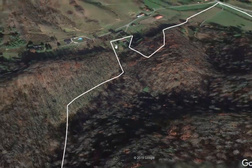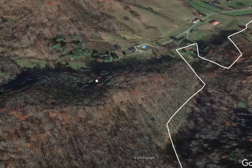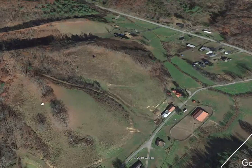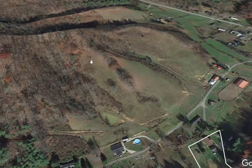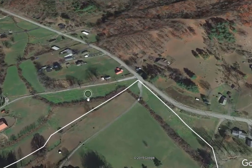Okay, and cutting them off, look and see where they're at on these points, because that's most likely where they're going to bed on this. They're going to bed out on these points and stuff. It's really hilly. If this is really thick, you're going to have deer, probably a lot of deer here. That's actually a point that comes off the side of this ridge, stuff like that. But other than that,